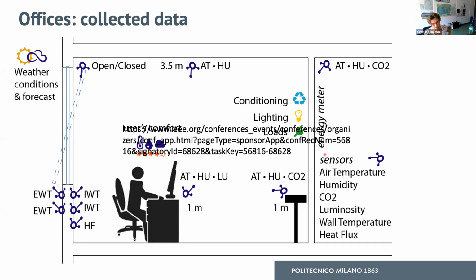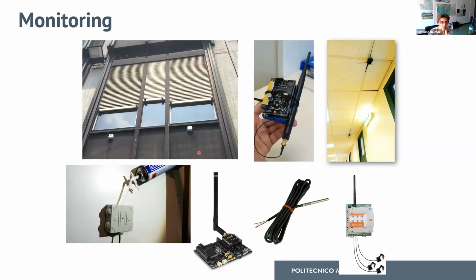Also in the corridors of the building, we put further sensors to try to match the behavior towards the external envelope of the building with respect to the internal part. So all this information was planned with the previous framework, and this was put into place. Here are some pictures of actually how this has been implemented. These on the outside of the window are the heat flux sensors that we installed in order to get the temperature and the irradiation in the outside of the building.